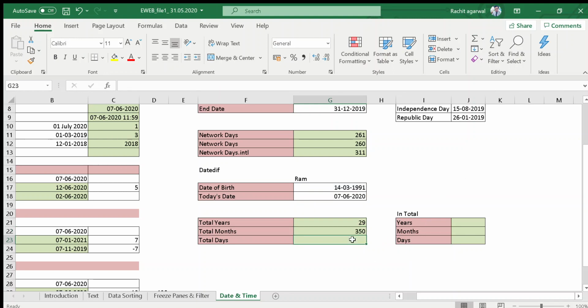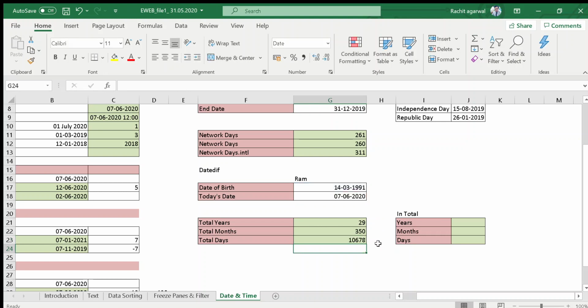Now let's come to a very interesting formula actually, total days. If you want to know the total days from your date of birth, you can use DATEDIF equals date of birth, comma, your today's date, comma, and now you have to write D, because you want to know the days, in double inverted commas and then bracket close.